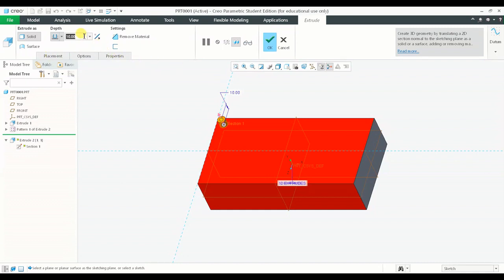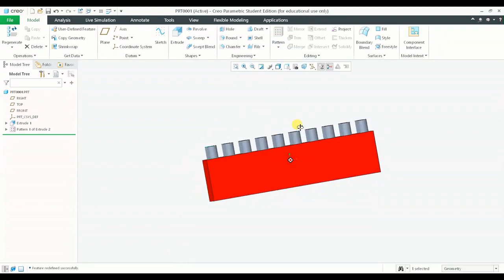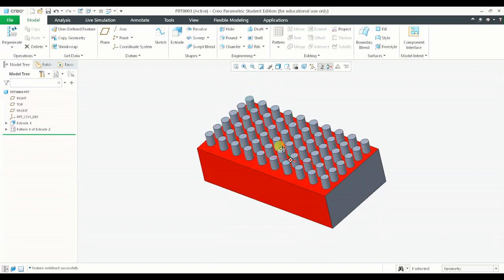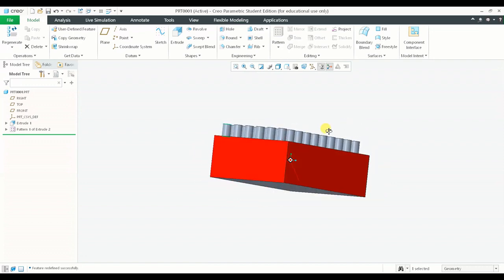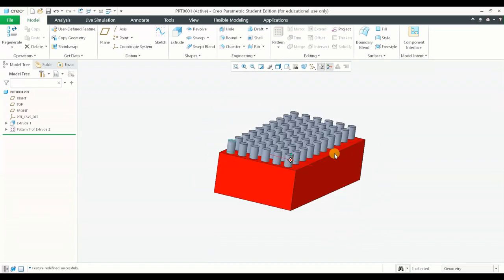Maybe if I try to increase the extrusion height, say I'll change it to 15, and after pressing OK, all the other patterned or copied features or instances will change their length accordingly. So this is the parametric nature of the software. Now when I come to the pattern and edit it,